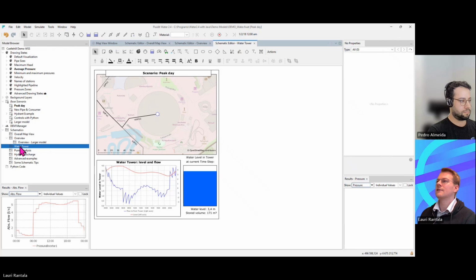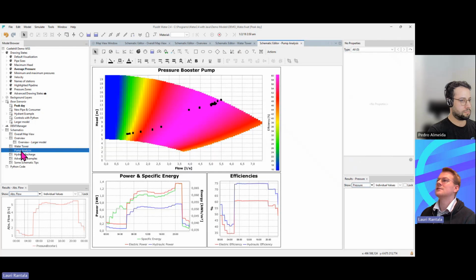If we have a look at just a few of the others, we have a water tower schematic, some more closer look on that. If we would be changing the time throughout, it would be now changing the water tower level. Pump analysis, you can create such views to get an understanding and compare different types of pumps whenever you need to renovate, for example, or create new areas to really have your pumps sized properly so that they are energy efficient, but always matching the required pressure and flow that is still needed in the